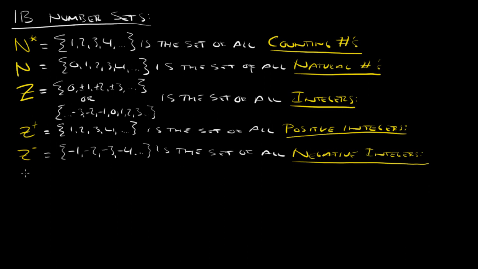two more to go. These two are pretty big ones, though. Q is, and they have this written as P over Q, where P and Q are integers,